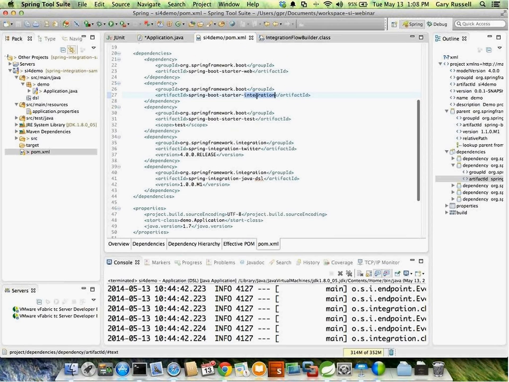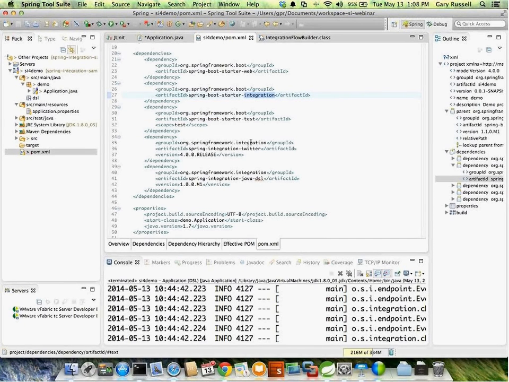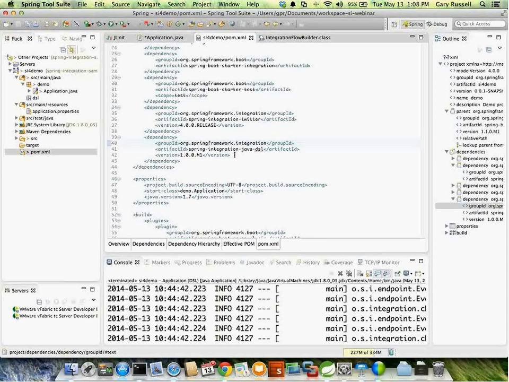The Spring Integration starter comes with a number of basic core modules, like Spring Integration core, Spring Integration file, IP, and a couple of others. In this particular demo, towards the end, we're going to be doing some work with Twitter. So I added the Spring Integration Twitter dependency, and we'll also be looking at the amazing work Artem has done in the Spring Integration Java DSL,